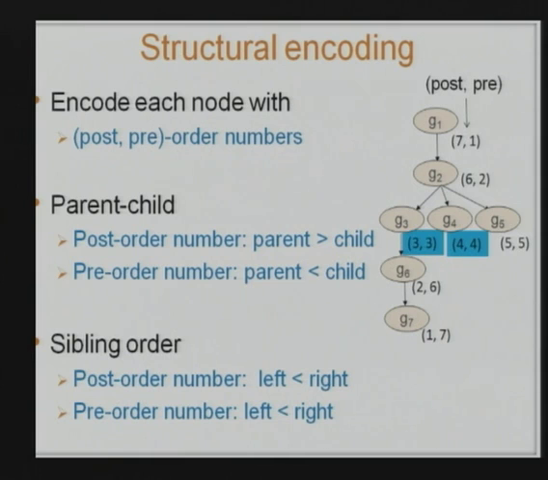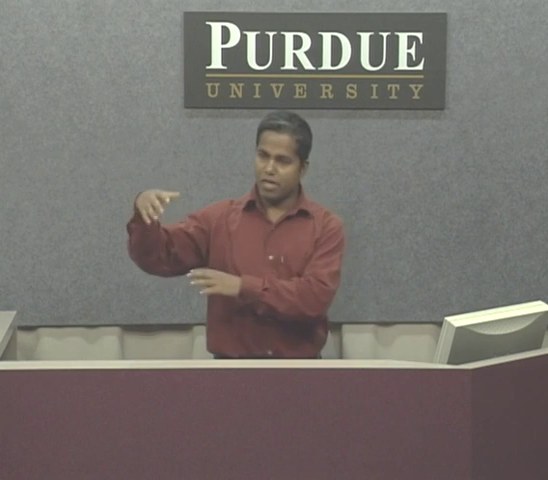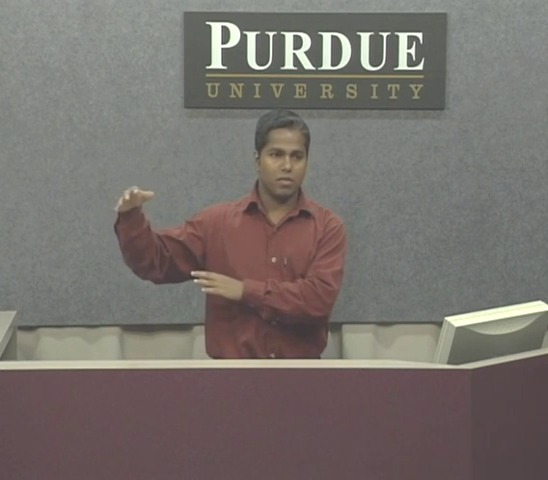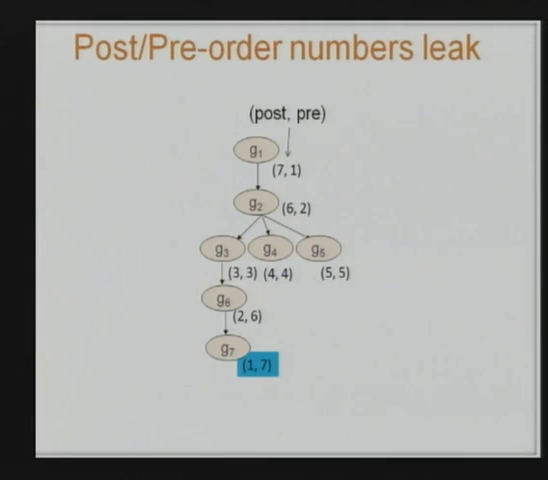As for sibling order, the pre-order number of a left sibling is always less than the pre-order number of the right sibling, and similarly the post-order number of the left sibling is less than the post-order number of the right sibling. When we verify the authenticity of a subtree, we are going to use these properties. However, the standard form of post-order and pre-order numbers leaks information, because